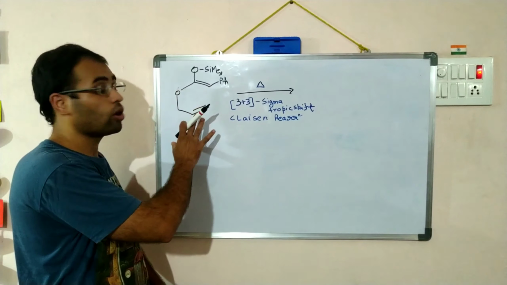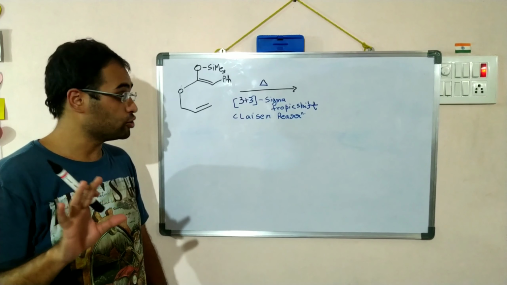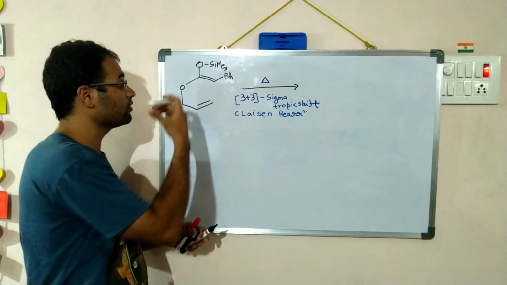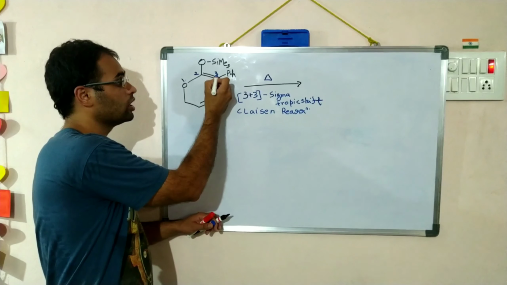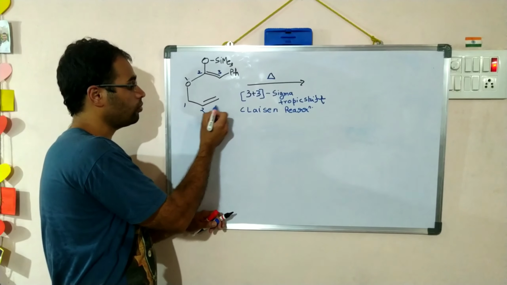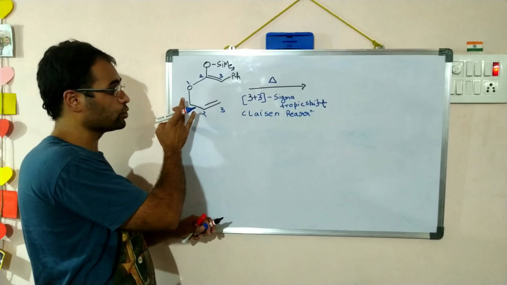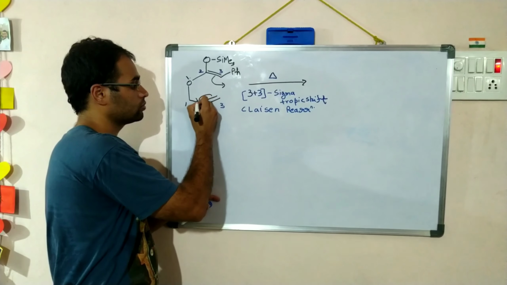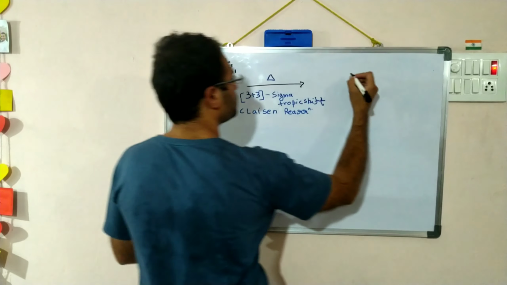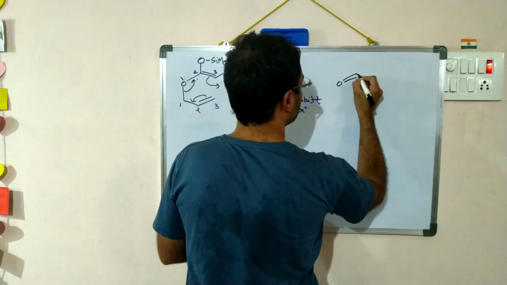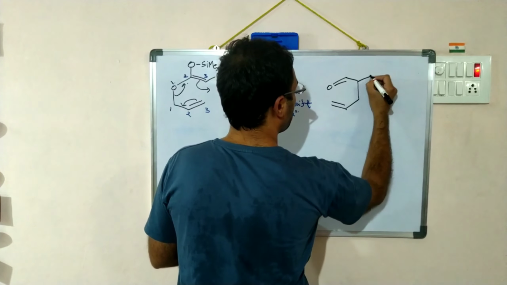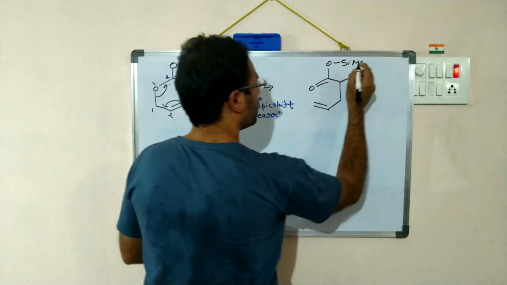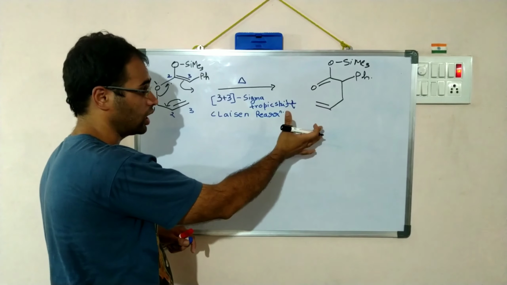Now such compounds called vinylic ethers are known to undergo a rearrangement called Claisen rearrangement or a 3,3 sigmatropic shift, essentially meaning that if I start numbering from this oxygen and reach this carbon, a shift in bond occurs from 1,1 position to 3,3 position, which essentially occurs like this. And what we get is this compound. Now why does this reaction occur?